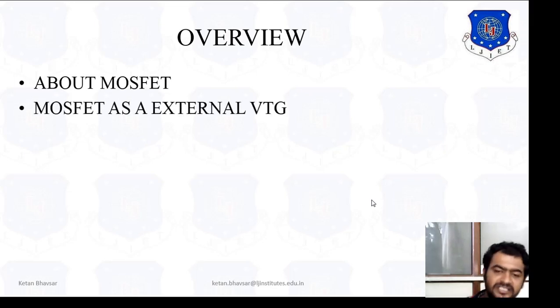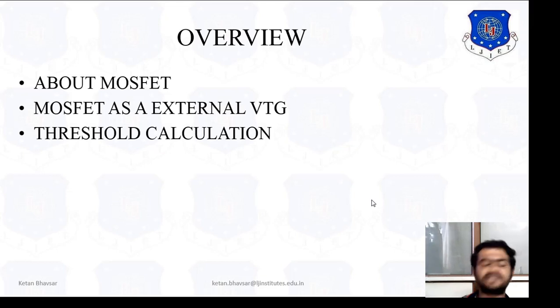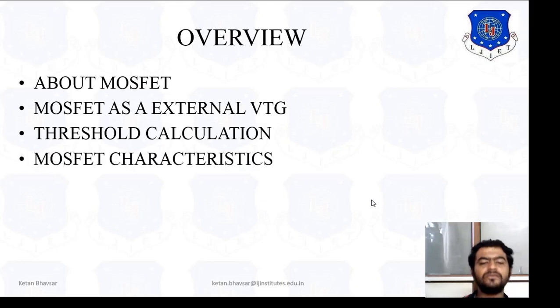As external voltages, we study the saturation region, linear region, cutoff region, and also the depletion region and surface inversion region. So we have studied these regions in terms of external bias effect or external voltages. Then we study the threshold voltage in terms of the gamma coefficient, that is, what exactly the threshold voltage is in both situations: where the substrate bias coefficient is not equal to 0 and where it is equal to 0.